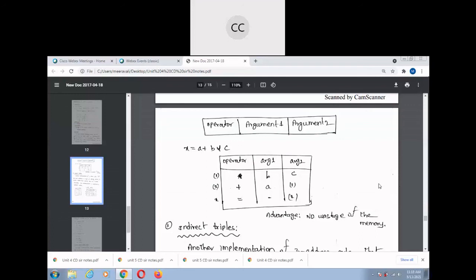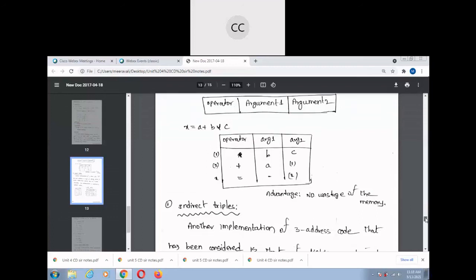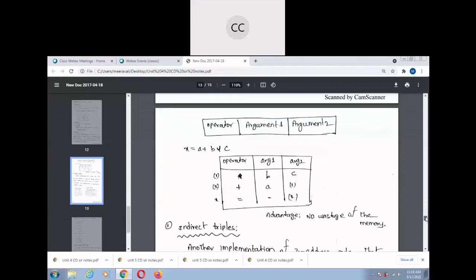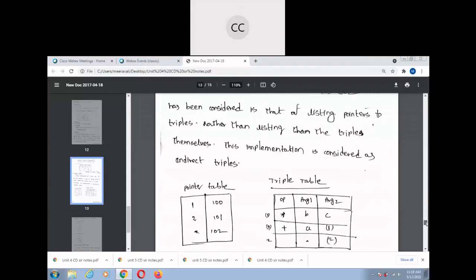Still, we are pointing directly to statements, which makes them difficult to move. For this purpose we go for indirect triples. In an indirect triple, I give an address to these pointers, because pointing through addresses makes moving the statements very easy.